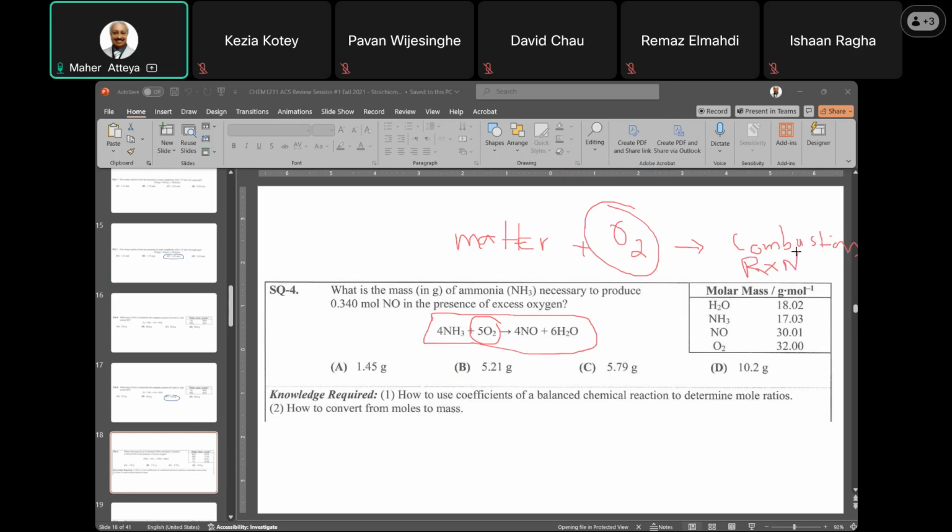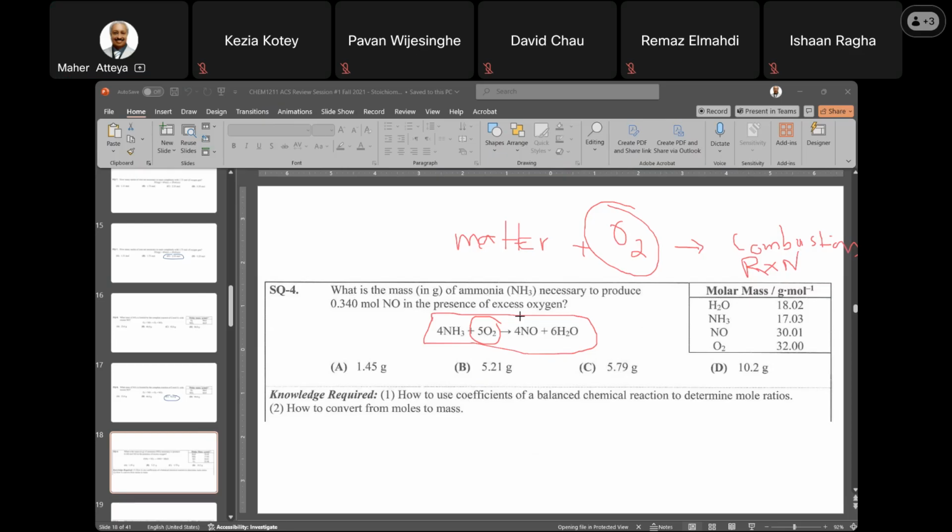It looks like a double displacement, but that's not really true, because your product contains oxygen: H2O has oxygen and NO, nitrogen monoxide, has an oxygen. Anytime any matter reacts with pure oxygen, that's a combustion. Anyway,